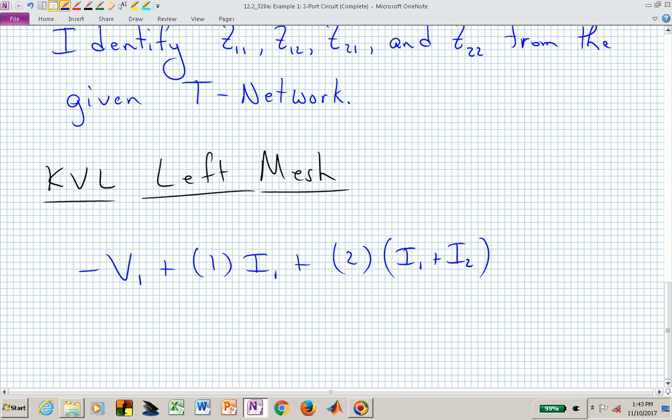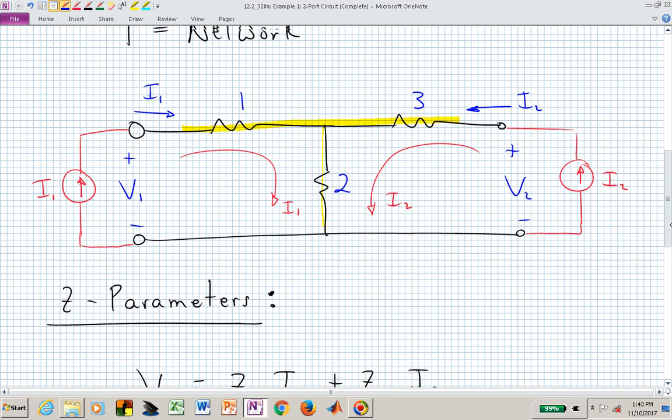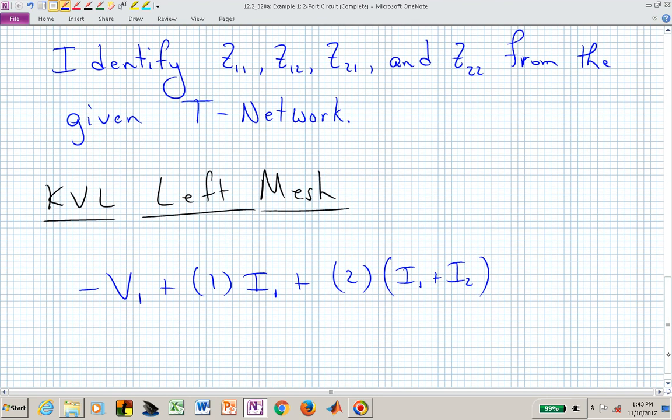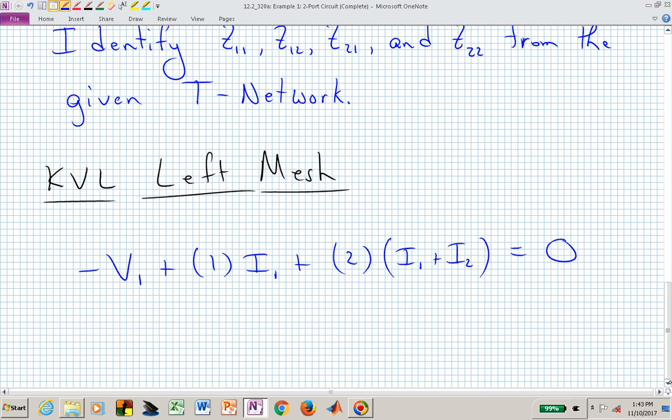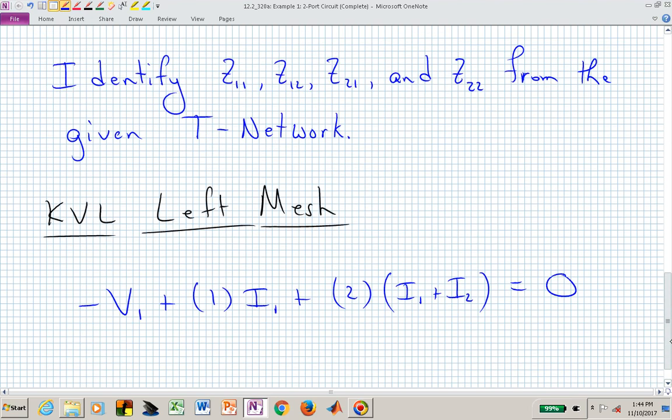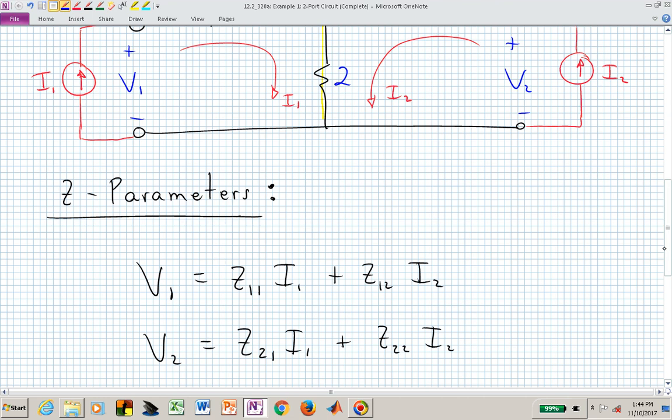These mesh currents, so to speak, or these sources are applied such that they are not flowing in the same clockwise or counterclockwise direction. One's clockwise and one's counterclockwise. But this is now from the left-hand mesh, we obtain this equation. And we can now solve for Z sub 1, 1 by simply saying, in fact, if we had I sub